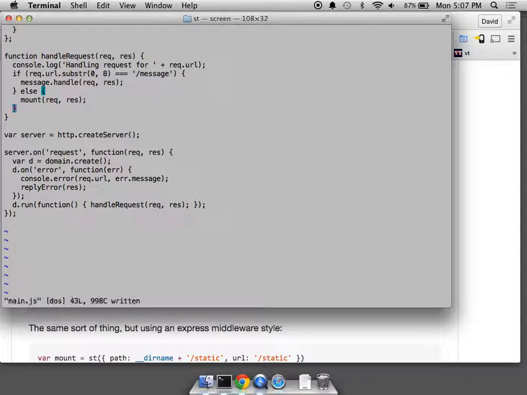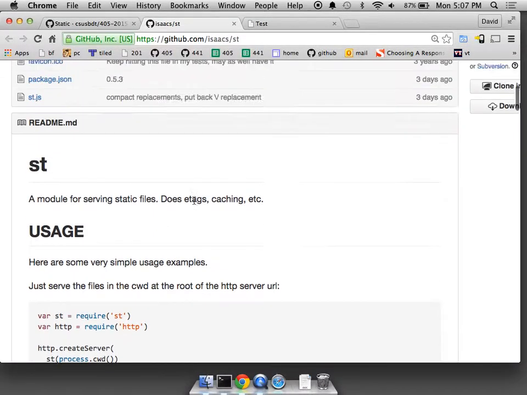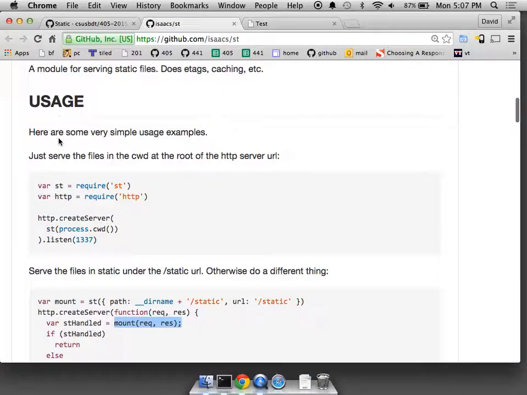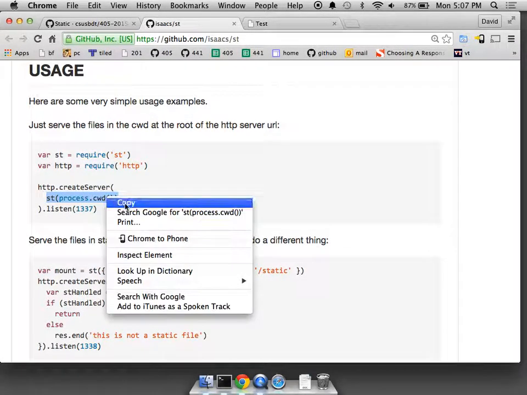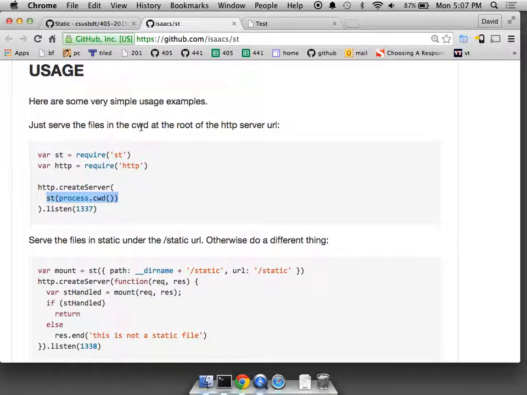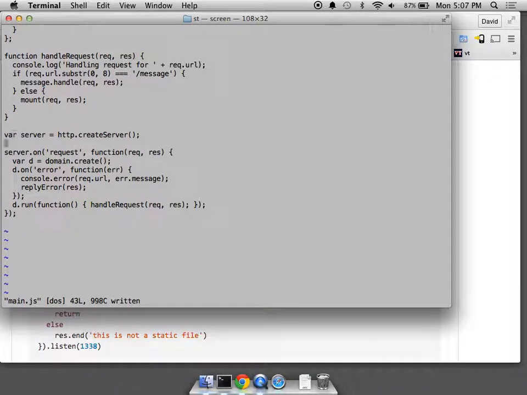That looks like what we got to do. Usage. Here are some very simple usage examples. Just serve the files in the current working directory at the root of the HTTP server URL. So we'd want to do something like this. And I'm just going to guess here that